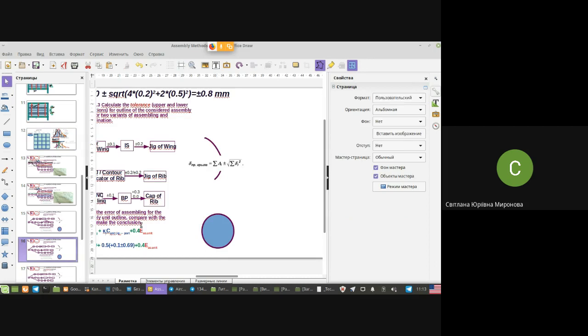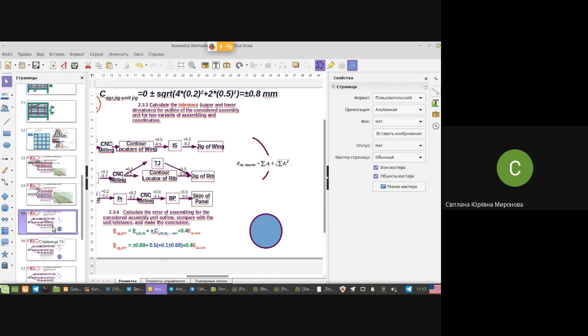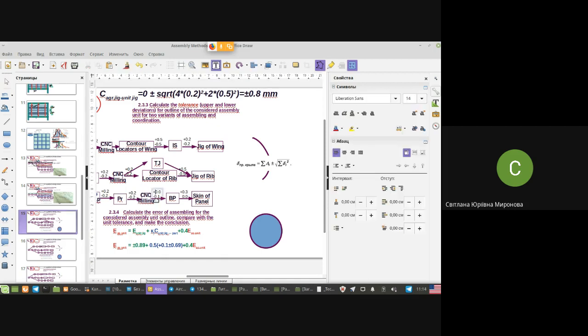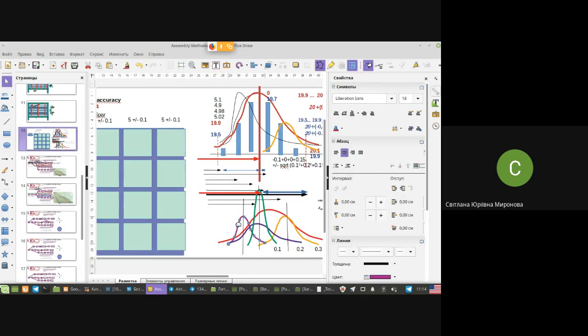You see, 0 minus 0.1. Plus 0, yes? 0 and minus 0.1. Certainly this curve, that one. Where's the middle of it? If it starts at 0,